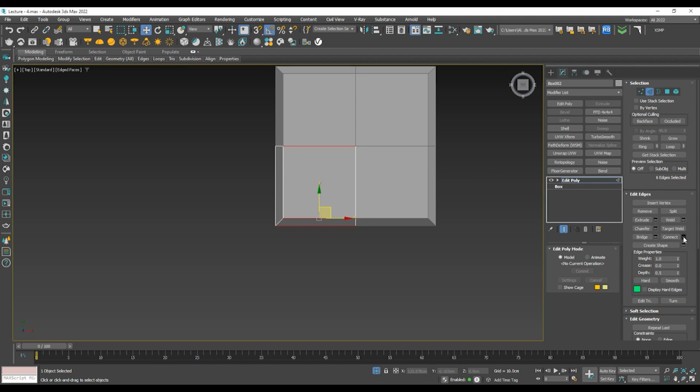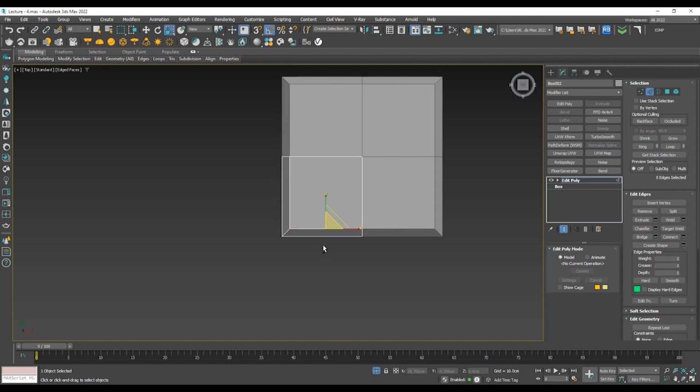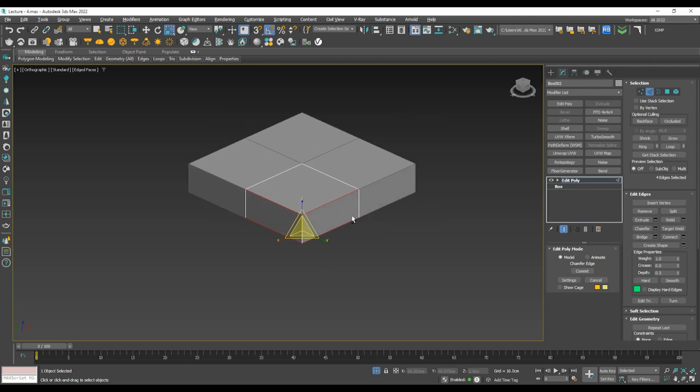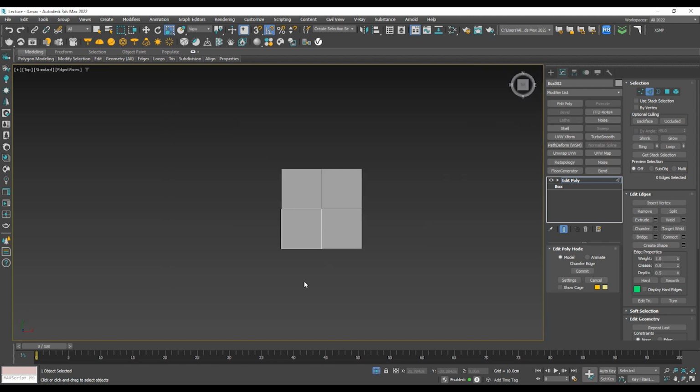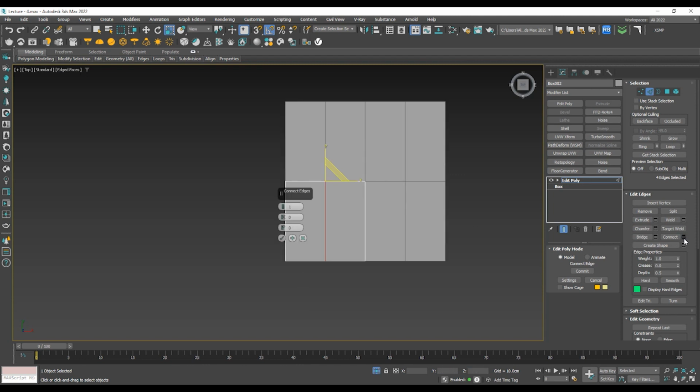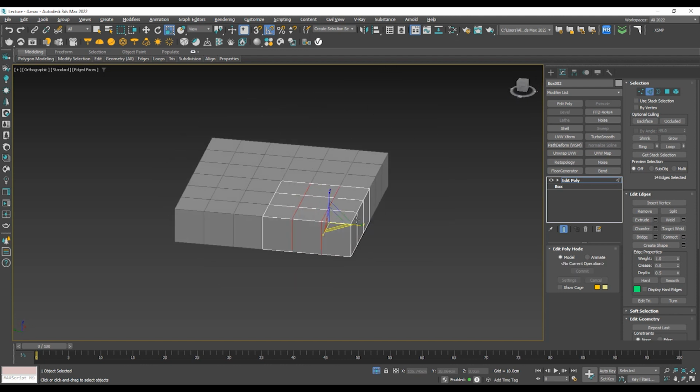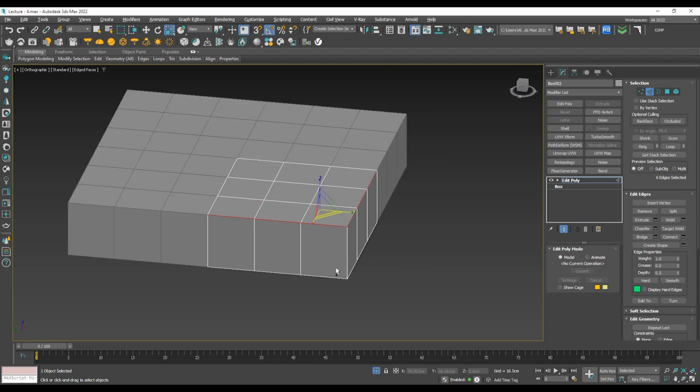The top view, connect. Okay. Let's press Ctrl Z for the moment. Okay. And select these edges and press connect. 1, 2, 2 maybe. Select these, connect. Okay. Now select this edge,